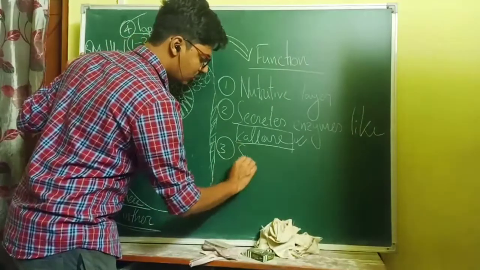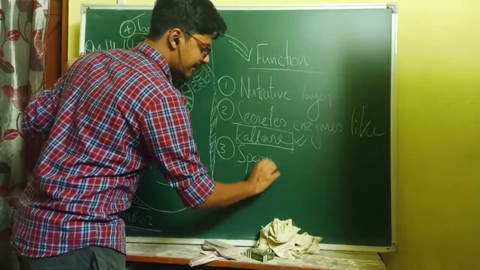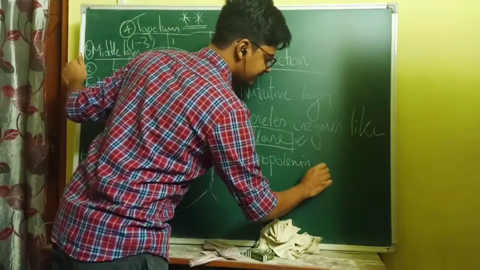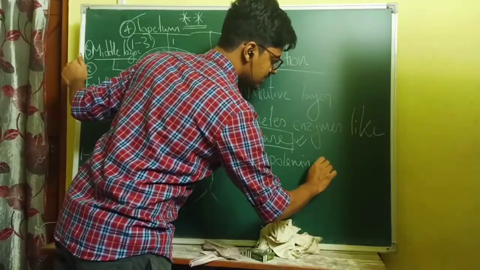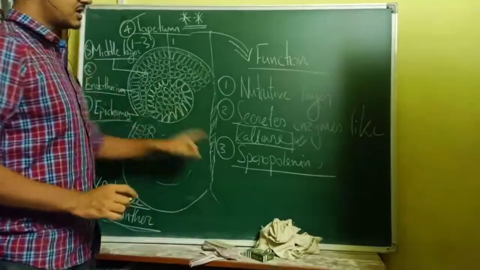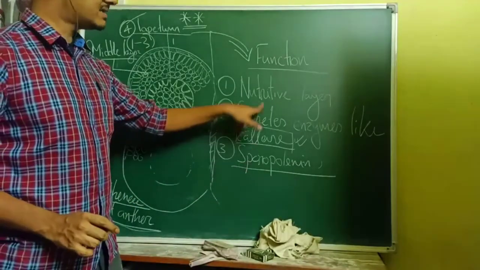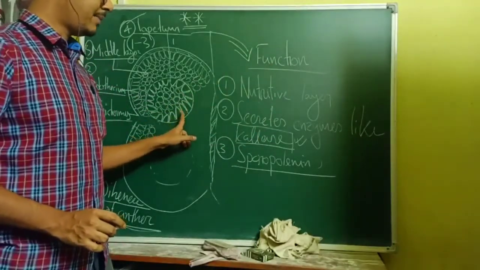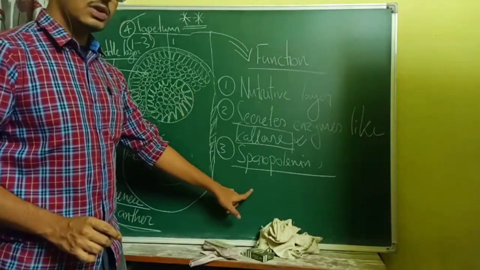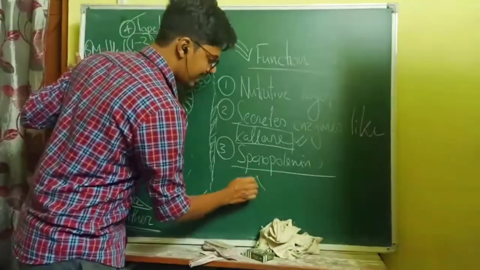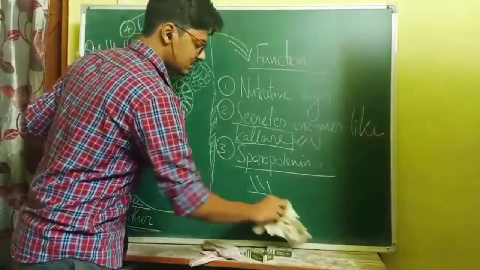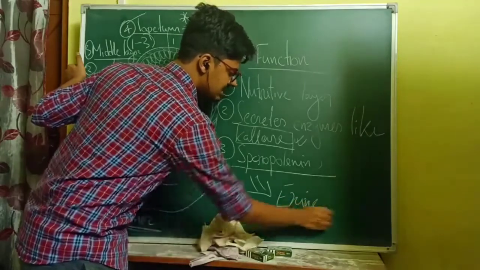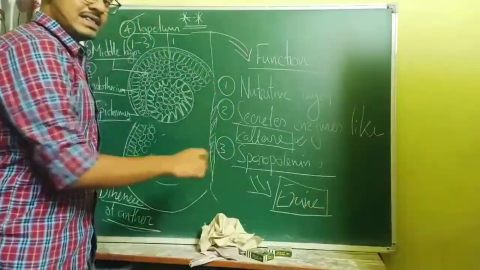Another thing, sporopollenin is also secreted by tapetum. So it secretes sporopollenin. Callase also provides nutrition. All these are functions of this layer, tapetum. What is the function of sporopollenin? Sporopollenin helps to make the outermost layer of the pollen grain. Later on you will see that sporopollenin helps to develop the outermost layer of the pollen grain, that is called exine.